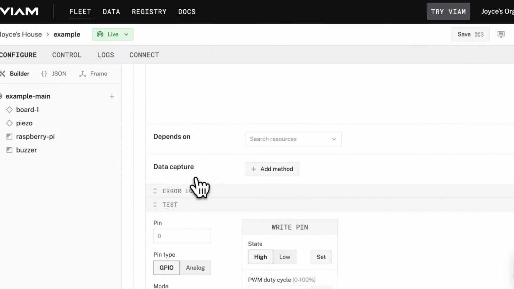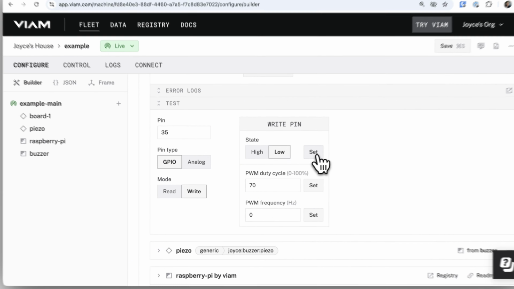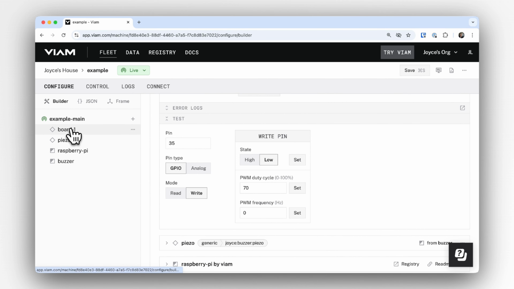And in fact, if I wanted to test it out, I could write to pin 35 and set different states of the pulse width modulation cycle. We have 70. I'm not sure, hopefully you can hear that. Let's turn that off. I'm already able to control the GPIO pins using the board component, but for an experiment,